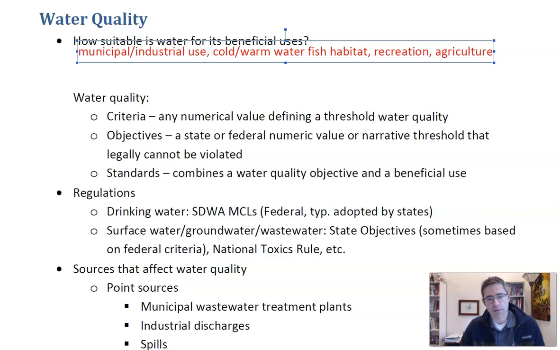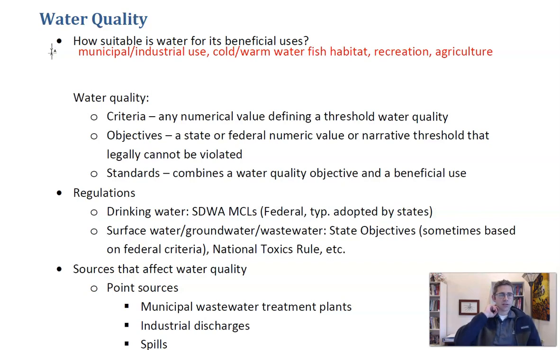And there's a lot of others as well. But essentially what we're saying here is, what are people using the water for? And once we know that, we can say, well, what kind of water quality do we need in order to